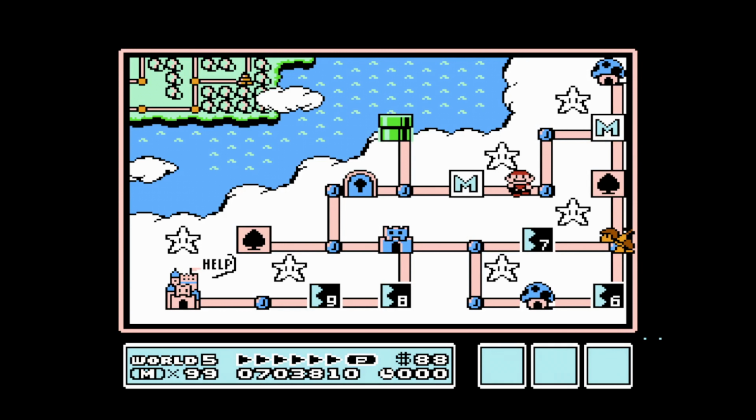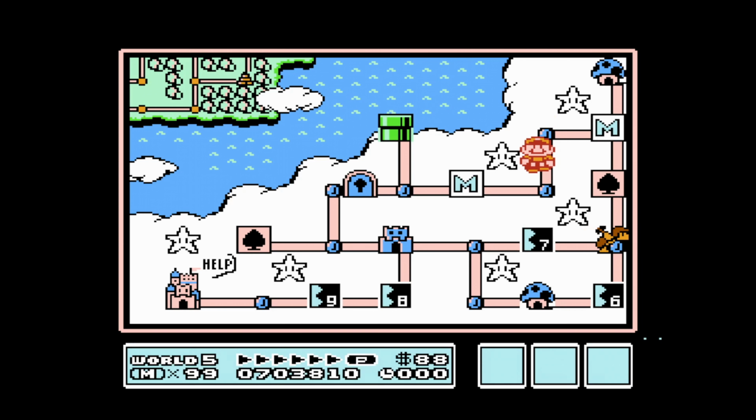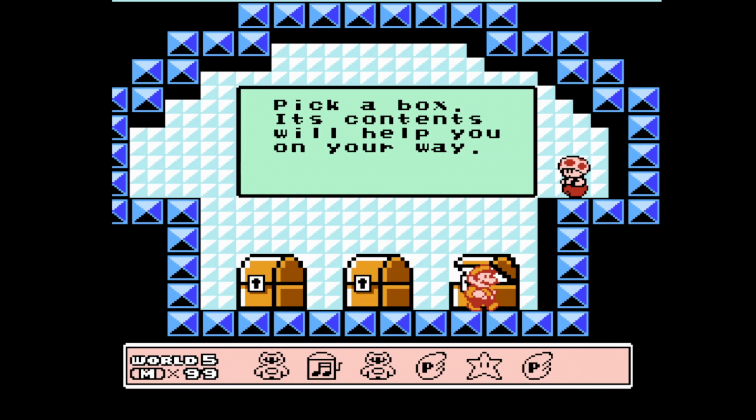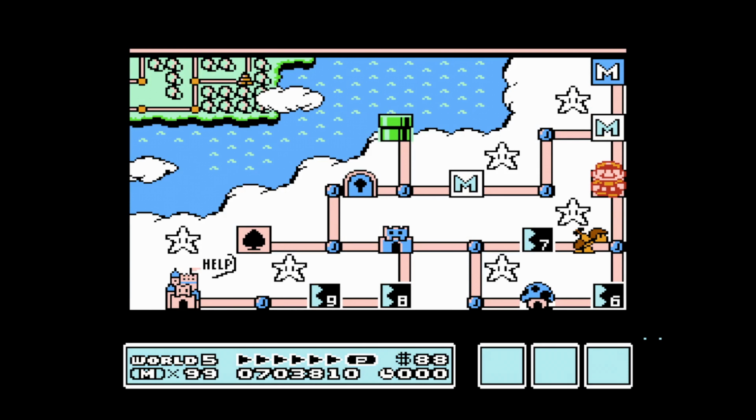And that mushroom house in the top right is another chance. That's a 1 in 3 chance to get another Tanuki suit, actually, alongside, I guess, a fire flower and a leaf. Oh well, not gonna be mad about it. The third box has paid out pretty well throughout this Super Mario Bros. 3 walkthrough so far, so...